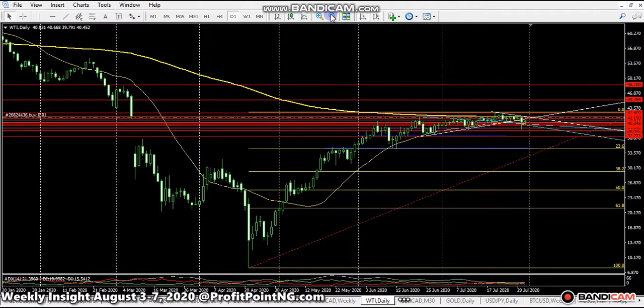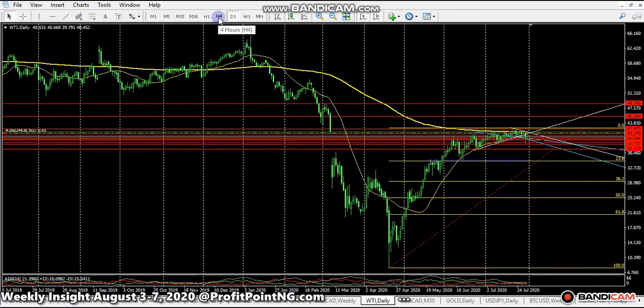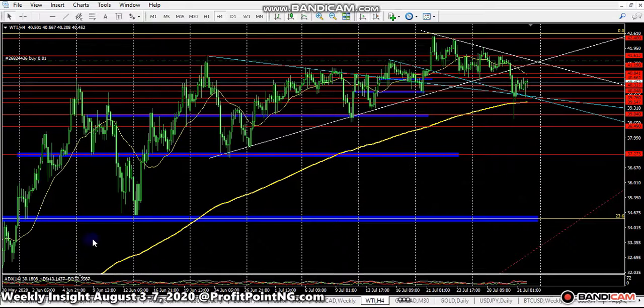If you look at this on a lower time frame, let's say the 4-hour chart, we see this bullish movement right here, stop out here, bullish movement, retracement, stop out here, bullish movement, retracement. It formed a wedge pattern here. It broke the wedge pattern, retested it as a support, and continued bullish movement, and then it somehow stalled at around that $42 per barrel.